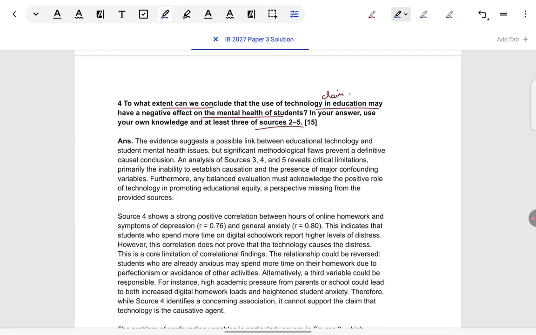Now coming to the question. Before we look at the model answer, some general guidelines on how you should answer this one. One, make sure which sources you want to discuss. You can take a breadth approach and include all the sources, or you can take a depth approach, take 3 and take them in detail, because they've said at least 3. My recommendation, take only 3, the minimum number. Depth approach, not breadth. I don't advise a breadth approach anytime. Don't take 4 sources unnecessarily and just touch upon them. Take 3 and go into the depth of them.